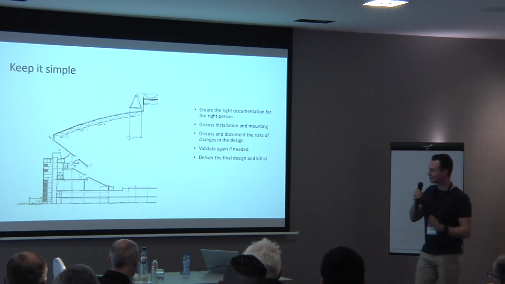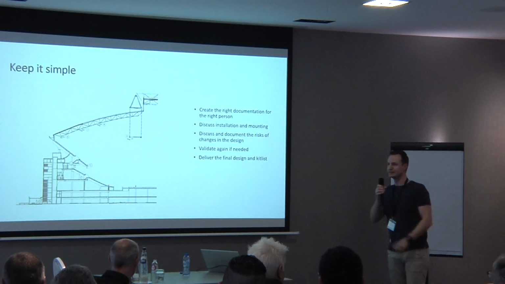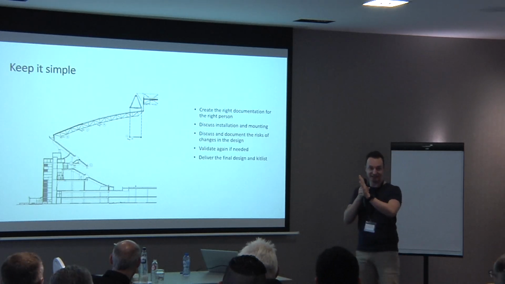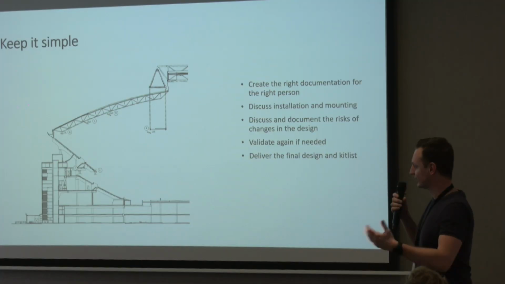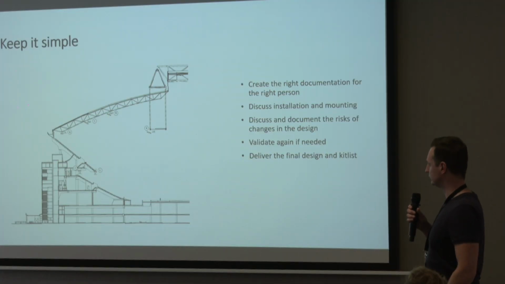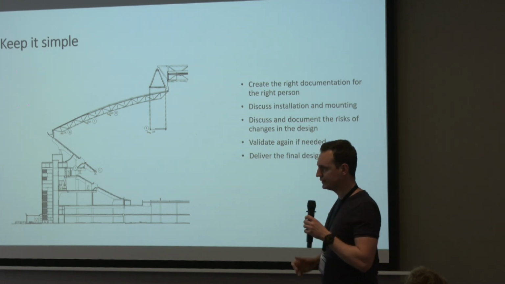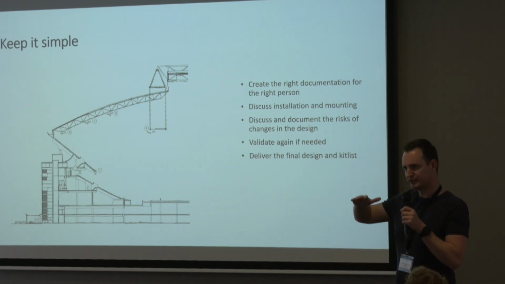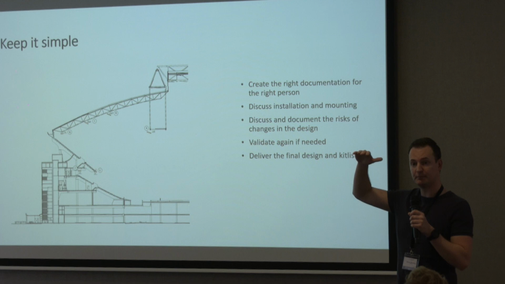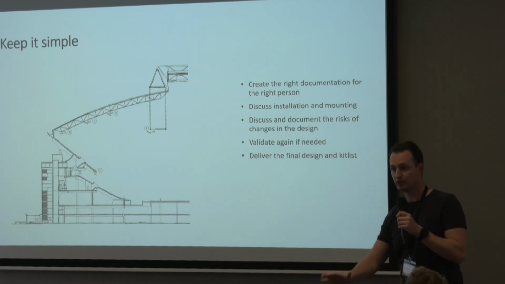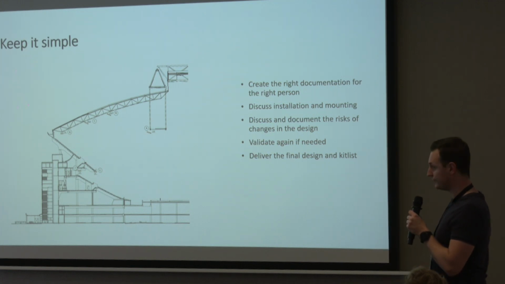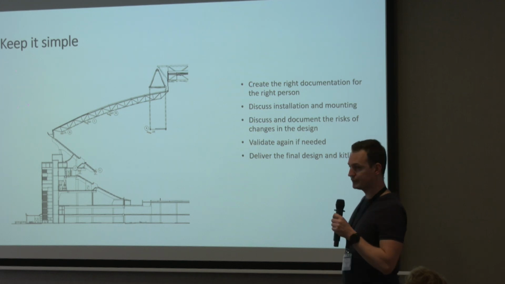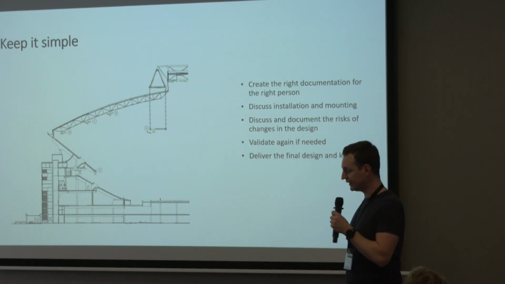the cherry picker, if you go up in the high cherry picker and you have to do that like 200, 300 times and it's not right, and you say you have to adjust the angle 10 degrees more, they will not be happy. And it will cost extra time, extra money. So it's really good to check that. And good to know for this customer, the old access point antennas were really high above the metal constructions, and we tried to put them lower, closer to the fence. We validate that, and in the end we deliver a final kit list and documentation.